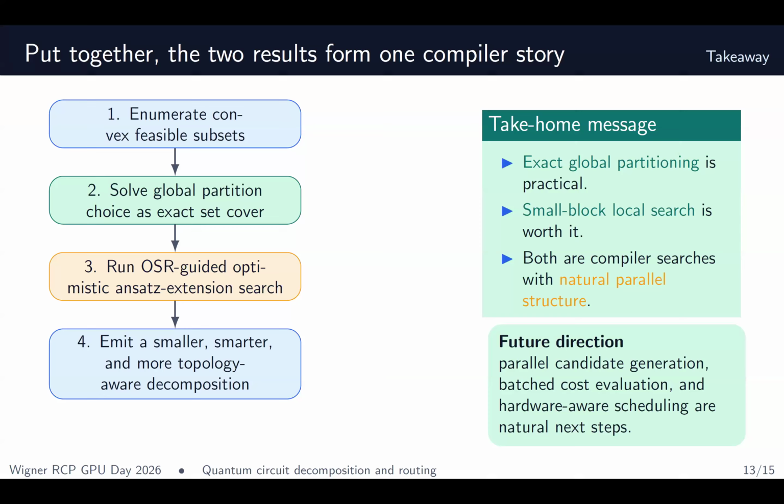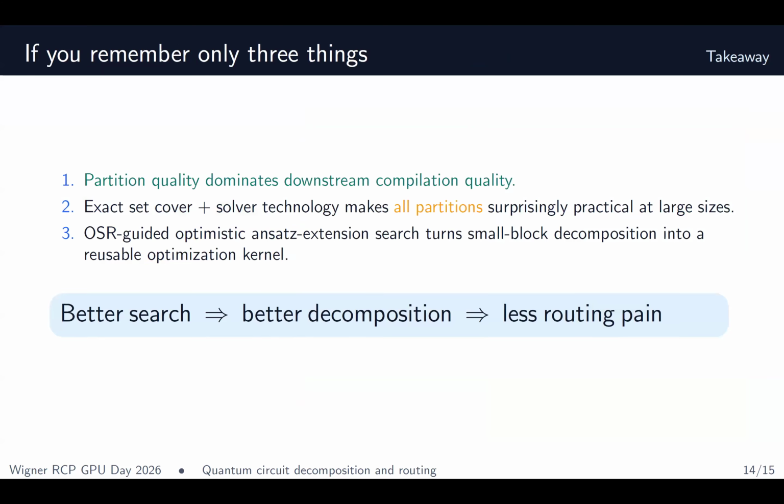In fact, we can run this again and again and again, because one of the weird things about doing 3 to 5 qubit partitions is that if you optimize a bunch of 3 qubit partitions and then take that result, you will find new 3 qubit partitions that can be further optimized, because they're obviously able to combine with their neighbors. So the takeaway from the talk here: